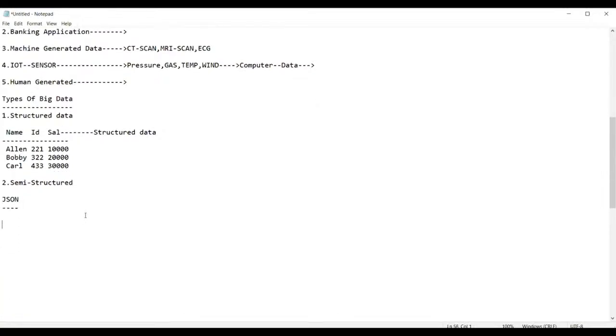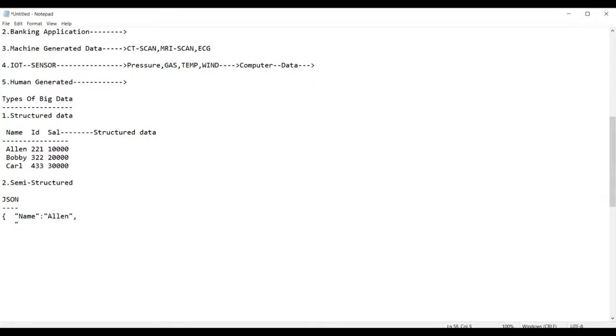The data in a JSON file will be given in curly braces. If I define this data in JSON format, how will it look? Name under double quotes, use the colon, Alan. Now, guys, use a comma.